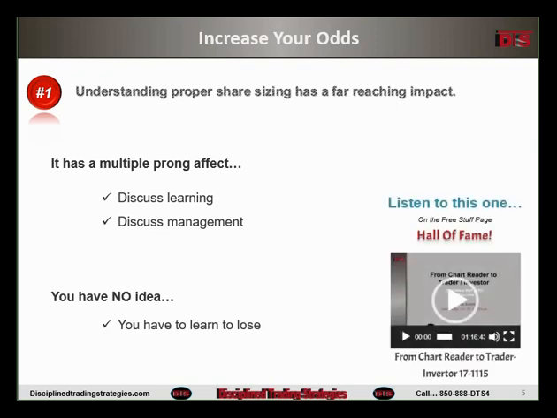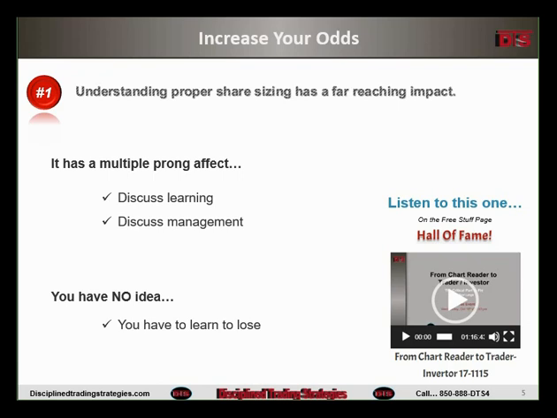You have to learn to lose. Proper share sizing, the reason this is such a big deal to me. Now, this is where people will just say, oh, lip service, blah, blah, blah, go to the next one. I understand this. Risk too much money, you lose too much. It's way beyond that. Obviously, share size to the trade that you're doing and all the basics. Most people know this, and every trade should have a similar risk. A lot of new people maybe don't know that. But I'm not just saying that you share size to lose X amount on any trade.